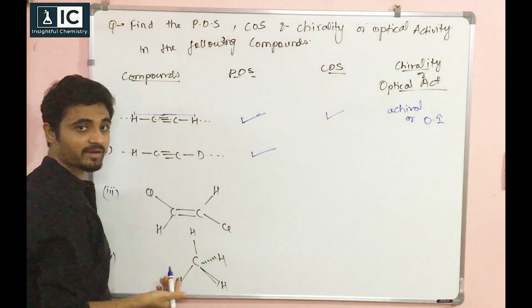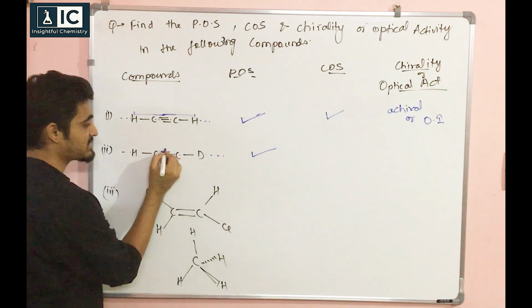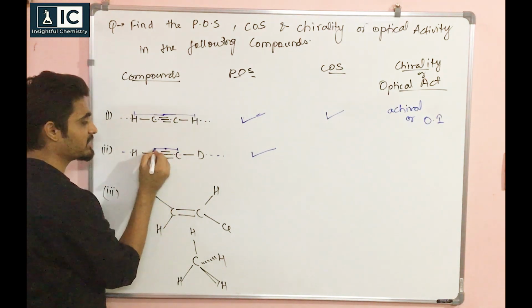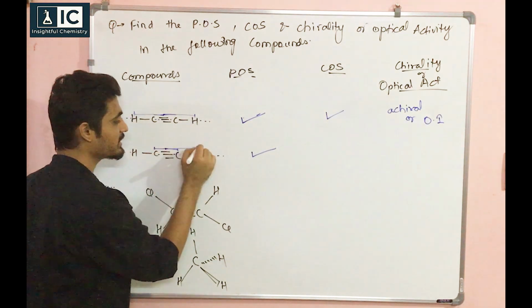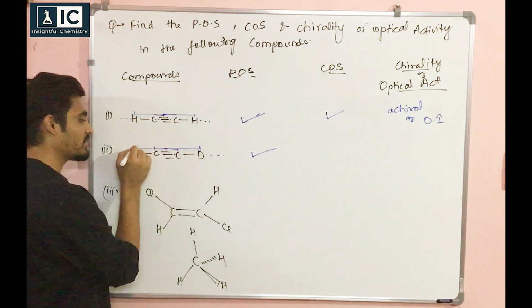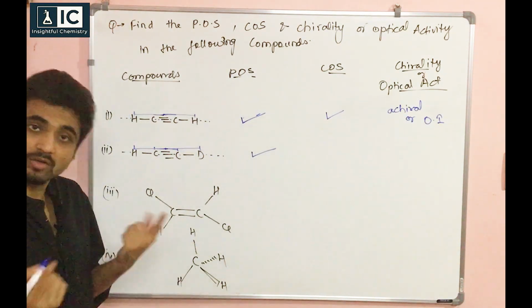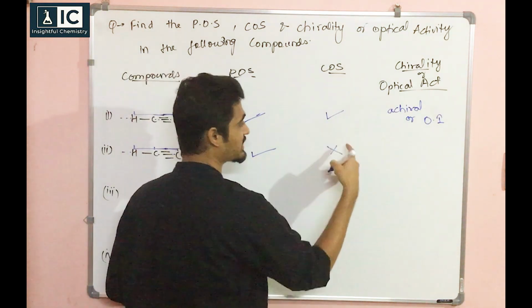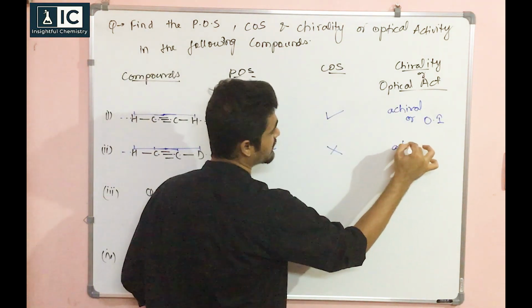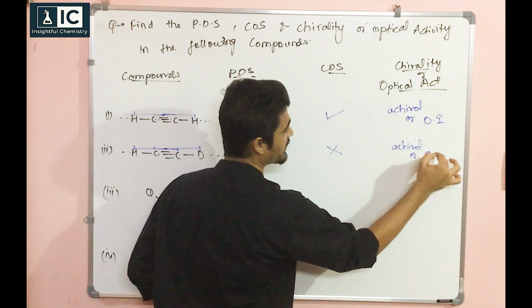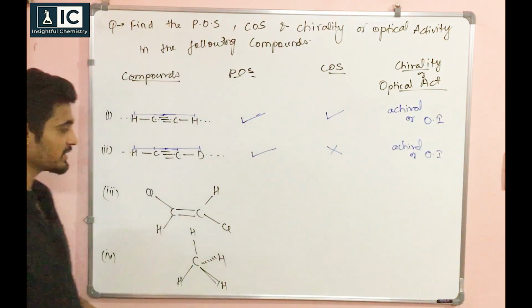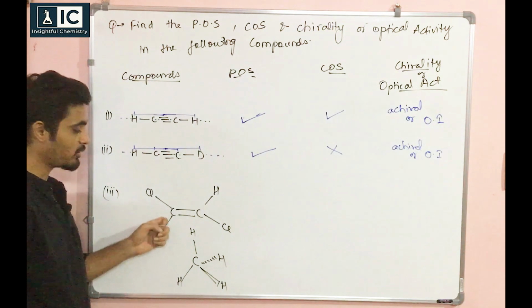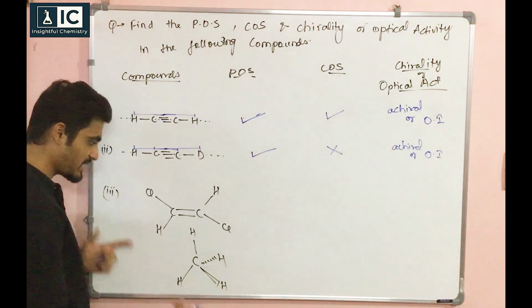How about center of symmetry? Is there? Let's check. So if I go this side, I get carbon. This side, carbon. But if I go here, deuterium, I go here, hydrogen. Not getting satisfied. So therefore, no center of symmetry. But still, is it chiral or achiral? We will say achiral. Okay, or optically inactive. Understood? Third one, you see, I have already told in an example, but again let's do it.